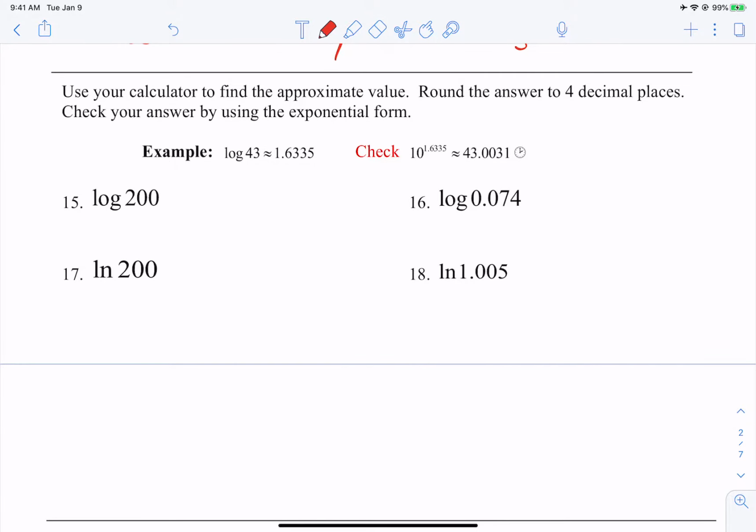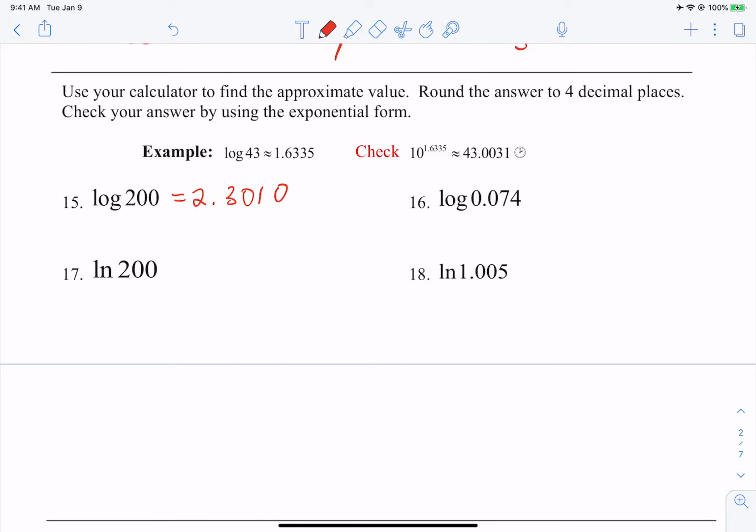Now, let's follow the instructions. The instructions for 15, 16, 17, and 18 say round to 4 decimal places. So let's start with 15. The log of 200. It depends on the calculator. Some calculators you enter 200 and then hit the log button. Most scientific calculators nowadays, you hit the log, then the 200, and rounded to the nearest 4 decimal places, we're going to get